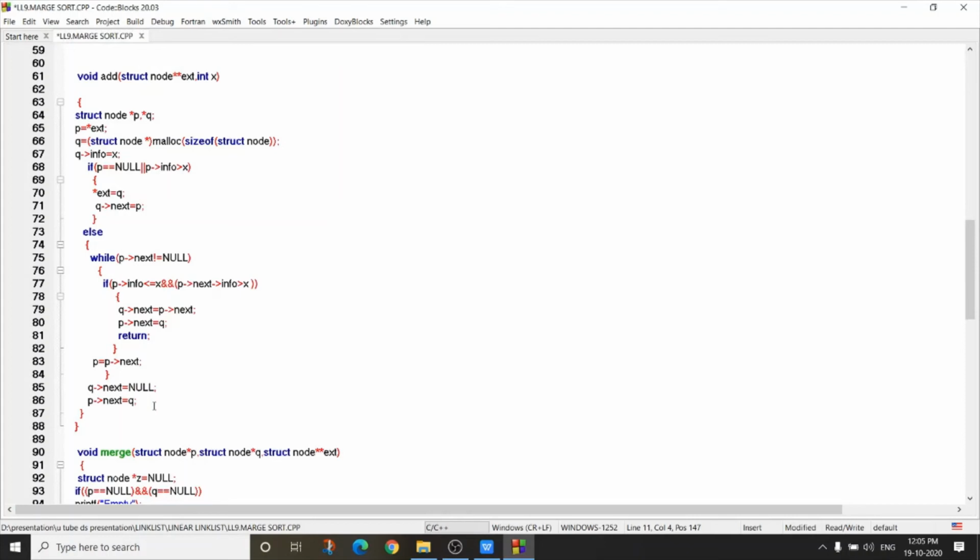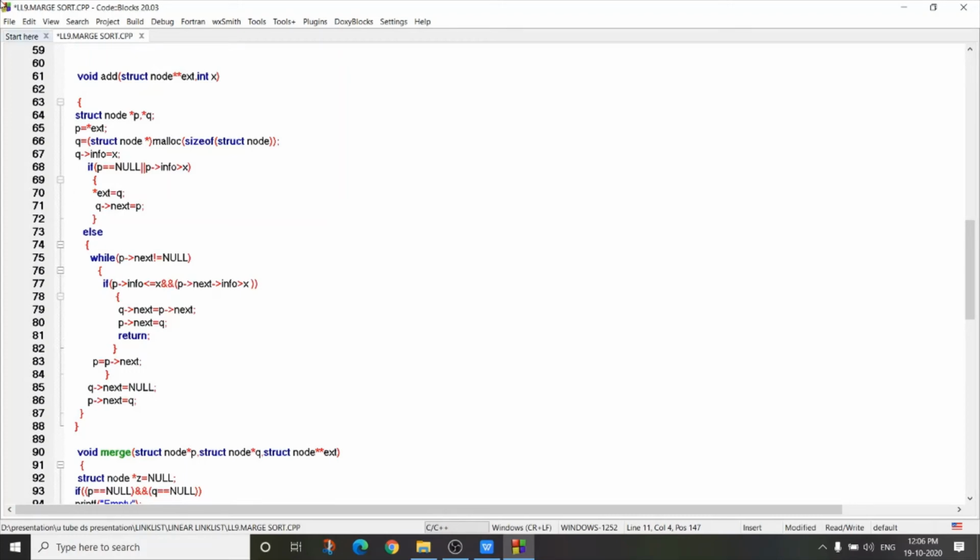The add function is used to add a new node to a sorted linked list so that the linked list is still sorted. That means adding a new node to an ascending order linked list so that it is still in ascending order. Because here I require two linked lists and each is individually sorted, I have to call the add function repeatedly for the first linked list, and also for the second linked list, so that I get two individually sorted linked lists and can merge them.